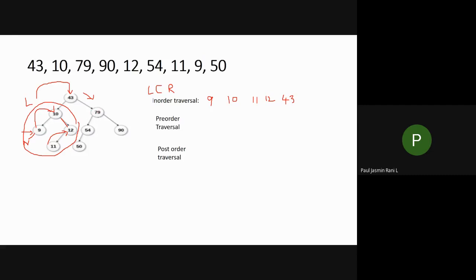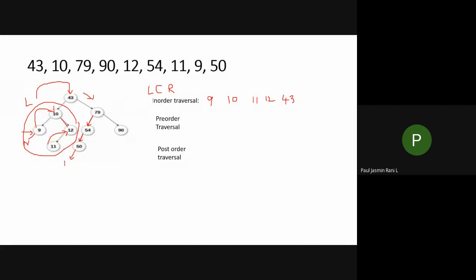Now I'm going to take this parent node 79. I should not print this 79 yet, because only after completing the left subtree of your 79 should I print the 79, isn't it? So I'm going to travel the left subtree. Here I am not getting a null, this is not the end, so I go for a traversal this side. So when I go for the traversal after this 49, what happens?